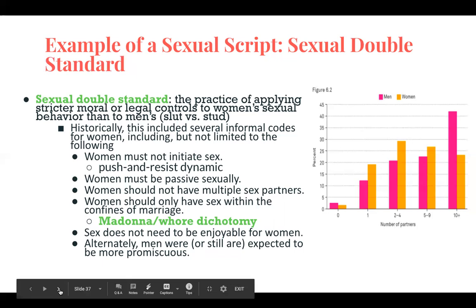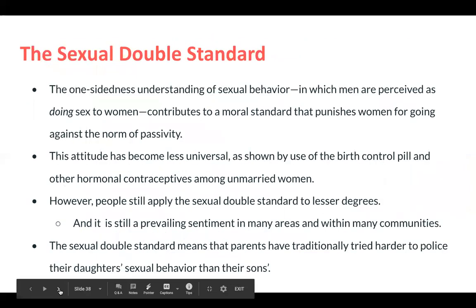The added humor seemed to be the fact that a man could wait so long to have sex. And that's because the sexual script for men is, of course, that they are supposed to be sexual and more sexual than women. And so, your book makes some points about the sexual double standard. It has become less universal, and certainly birth control has played a role in that. However, people still do apply it to varying degrees, and it is the prevailing sentiment in some areas and some communities,